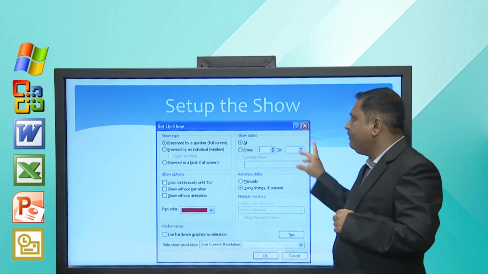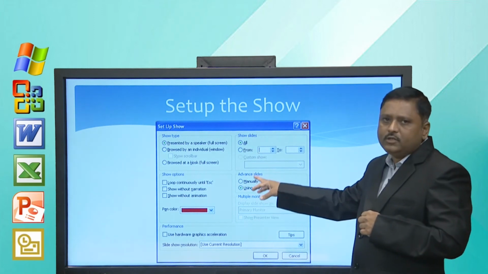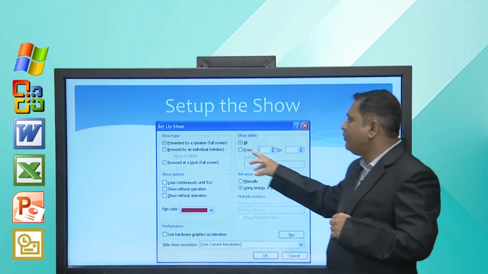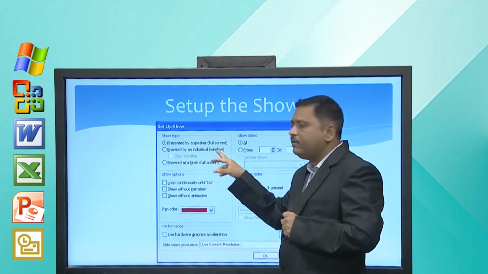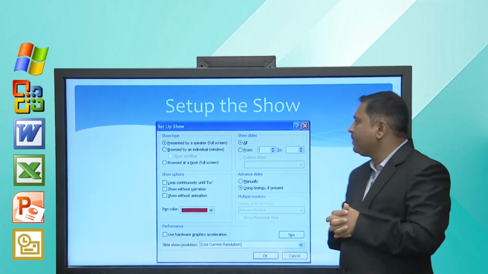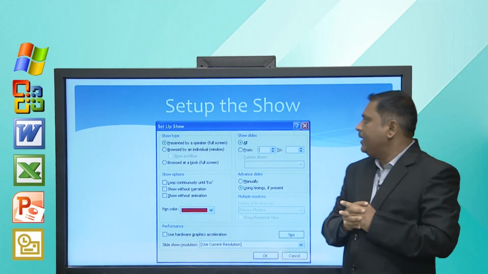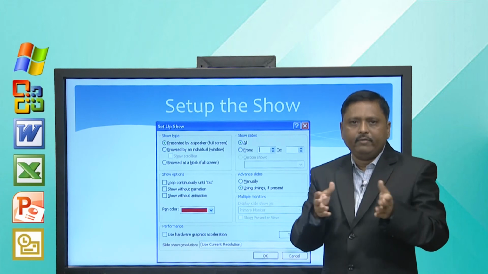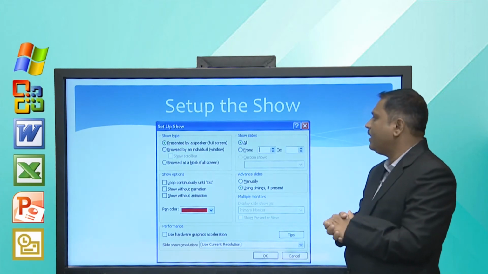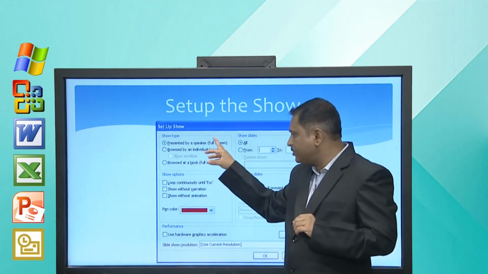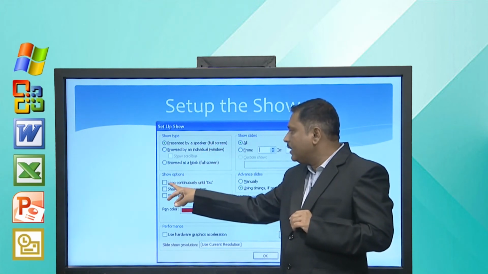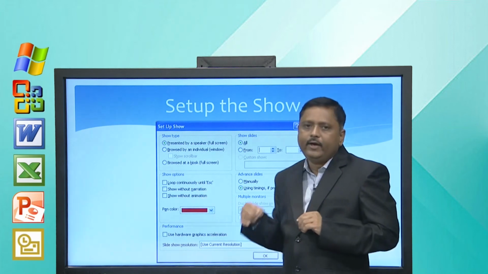Here we have different options available for setup show. For example, show type is presented by speaker, which means in full screen, or browsed by an individual in a window, or browsed at a kiosk. So, generally we select the first option. Here it shows the option loop continuously until escape.